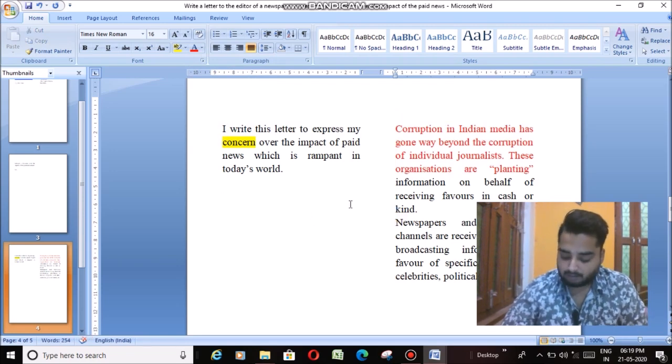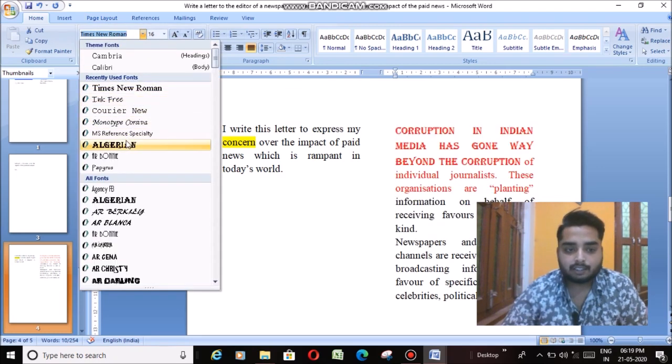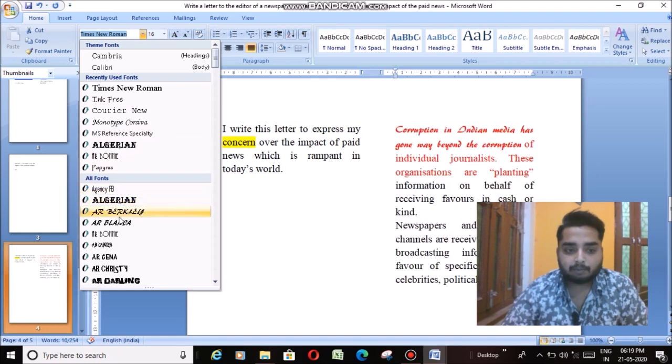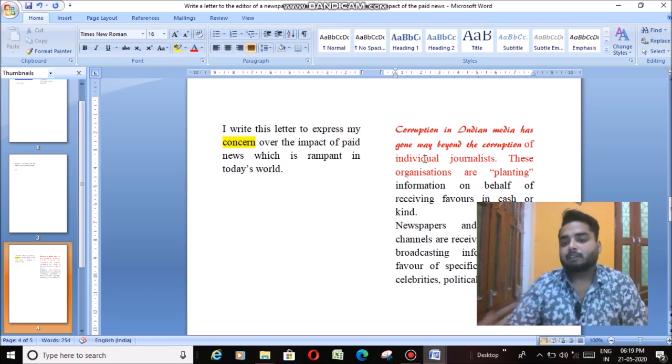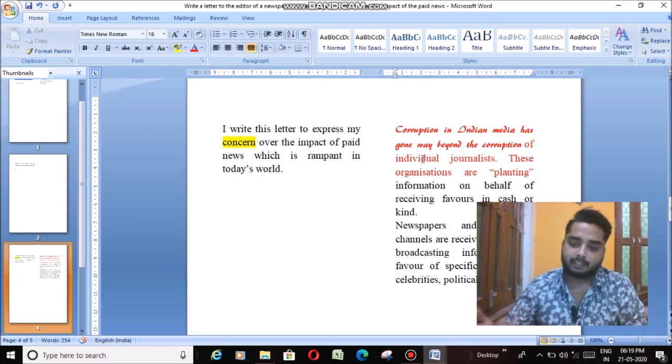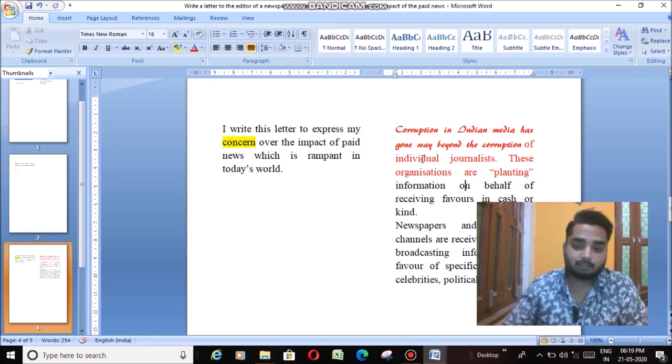We can use the font face to change the design of the text, or the font of the text. If we want this particular text written differently, we can use this option. You can see that the written text can be converted into different types of text. So we can use this font face option to change the design of the text.